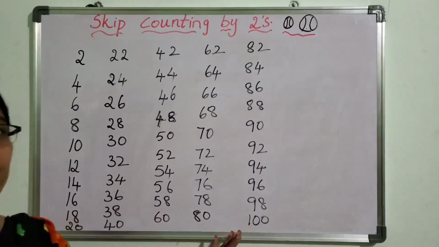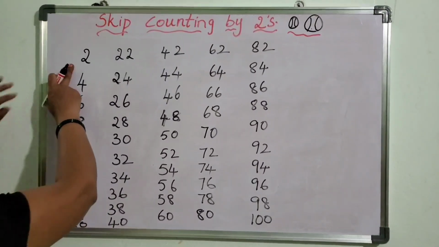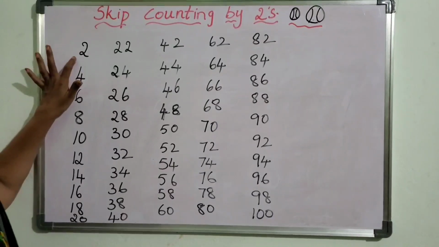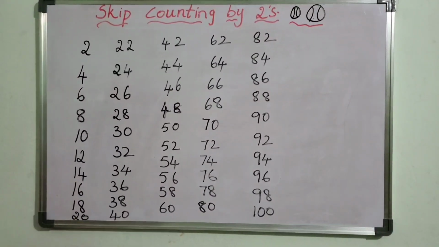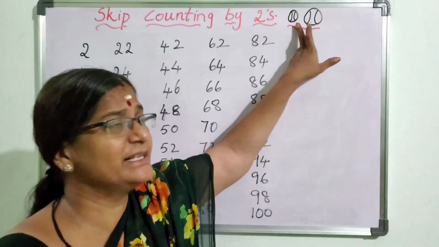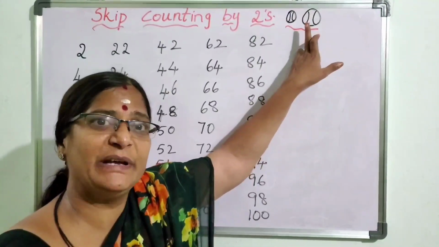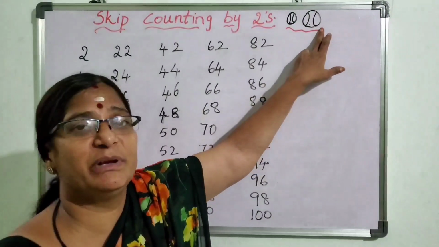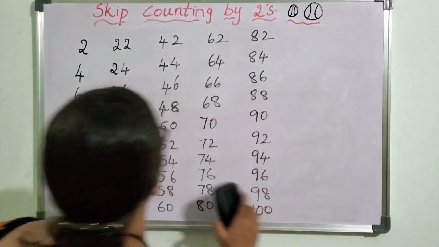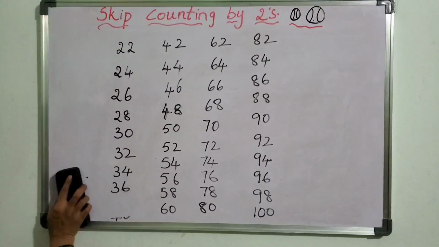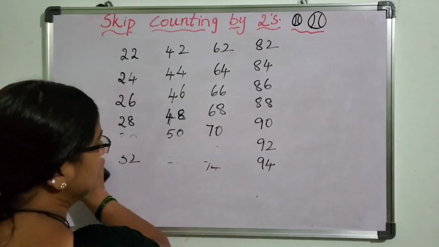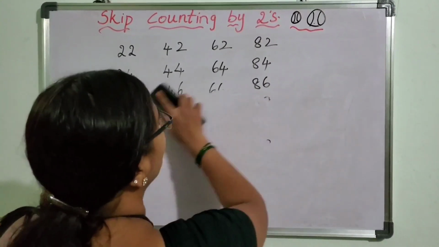Now, from 2 to 100 you should write by skip counting. Means you should leave one number and write. You can see here. I said, whatever number, you draw 2 balls. That is one small ball and one little bigger ball. And which number comes to that bigger ball, you should write down here. Now, I'll give you some more examples. I won't give you numbers like this in the exam. I'll show you some examples. You have to count and write them.